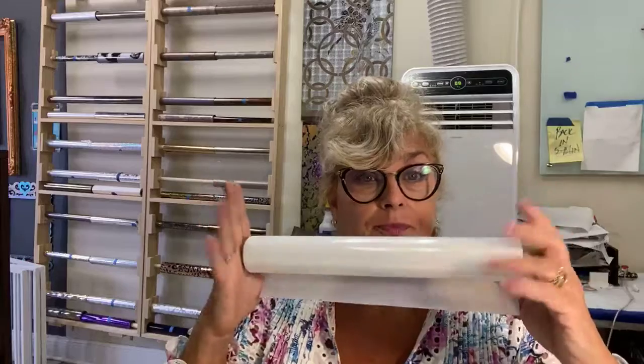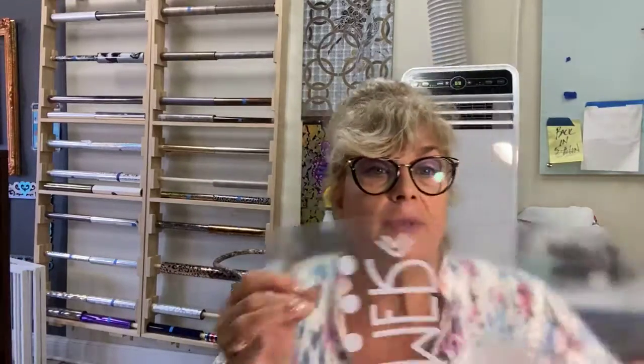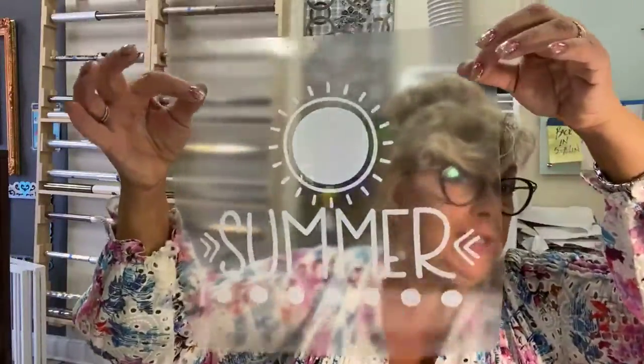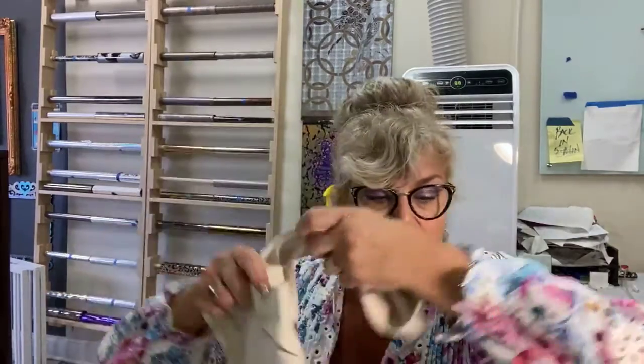Now, earlier today, you saw me use our new Heat fusible vinyl through our Cricut cutter to create this cutout, which will, once we print it, read like that, which means it's going to read correctly for you and wrong for me because I had forgotten to mirror it. But we're going to apply it to